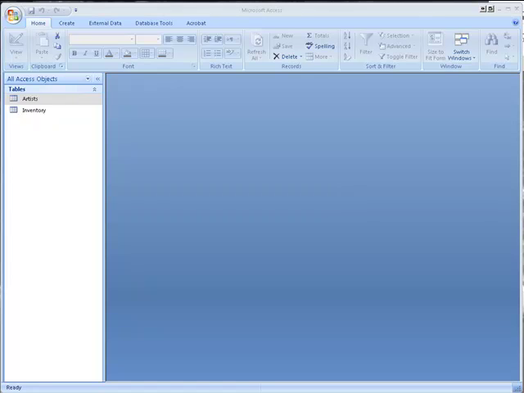Okay, guys, I'm going to talk about table relationships because in your assignment you're going to have to create a relationship, and I want to demystify it for you a little bit. I'm going to present you here with a very simple Access database with two tables. One is called artist and one is called inventory. And we're going to create a relationship between these two tables, meaning they'll become aware of each other's content, and